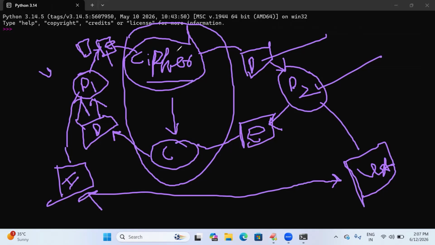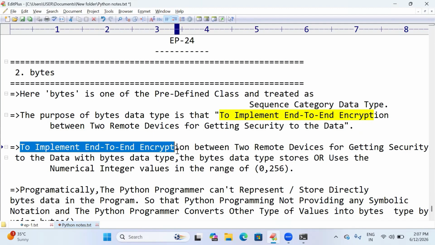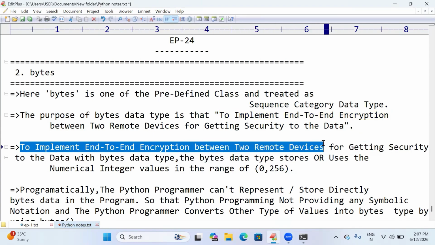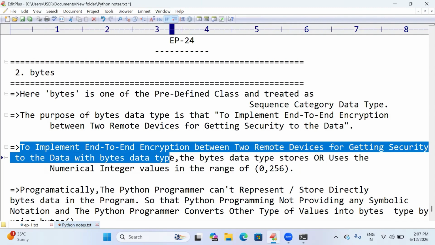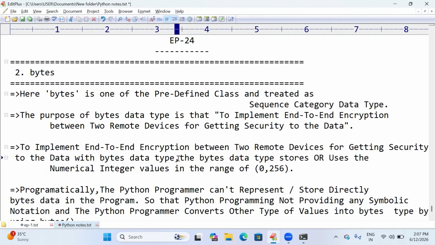To implement this, the bytes data type stores or uses